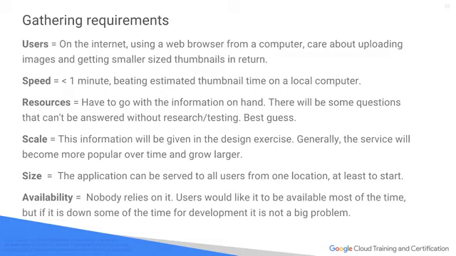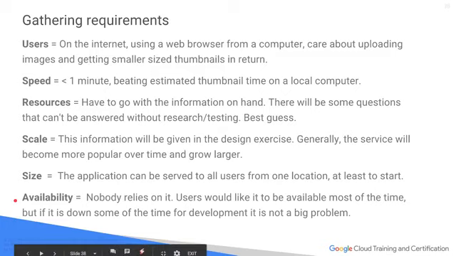So this is a little service we're going to offer. Resources, well, we don't know how big it is. We're just going to guess. Scale, we're just going to start out with something small, right? We think it's going to grow bigger, so we're going to try to put it into something that can grow, maybe a single virtual machine with a couple cores. We know we can go up to 64, which is quite a bit from our benchmarking internally. What about size? Well, we're just going to service from one location. We're not really sure where the users are going to come from, so we'll just stick it in some central location in the US.